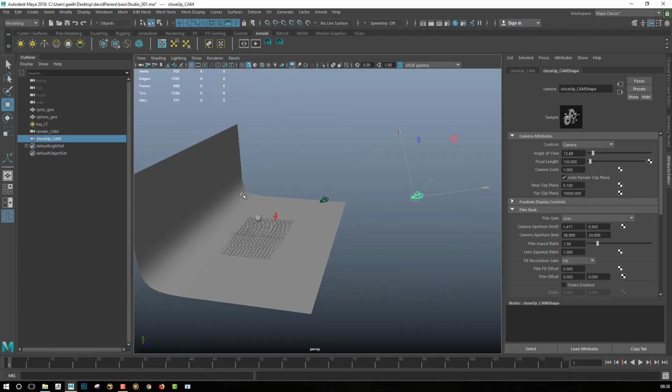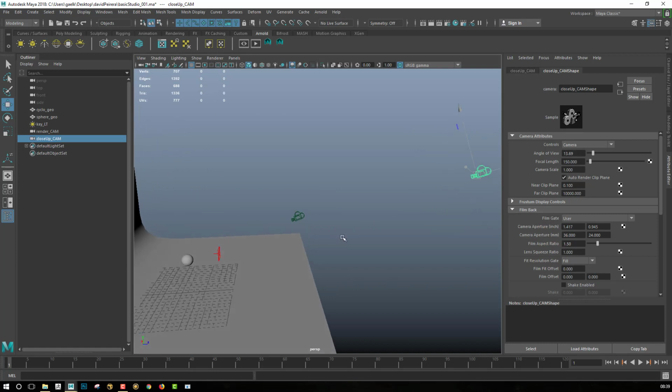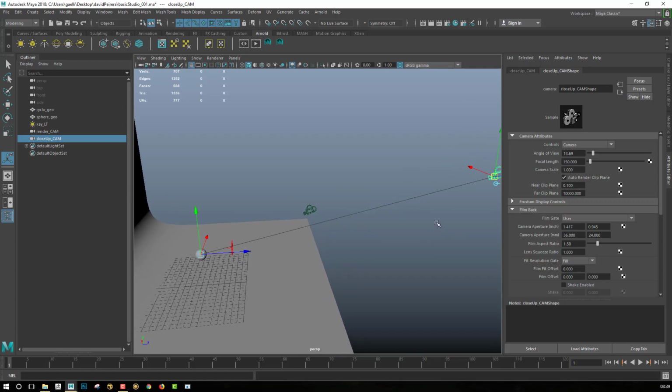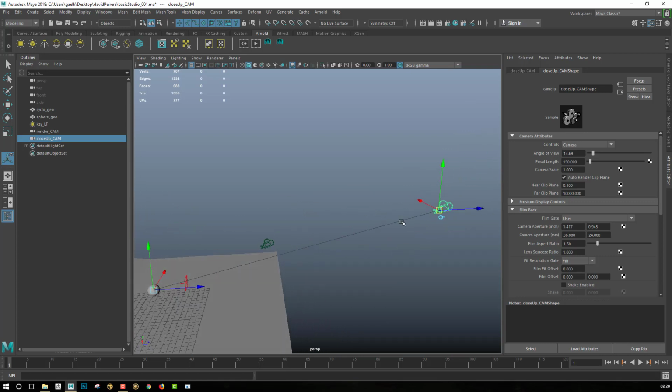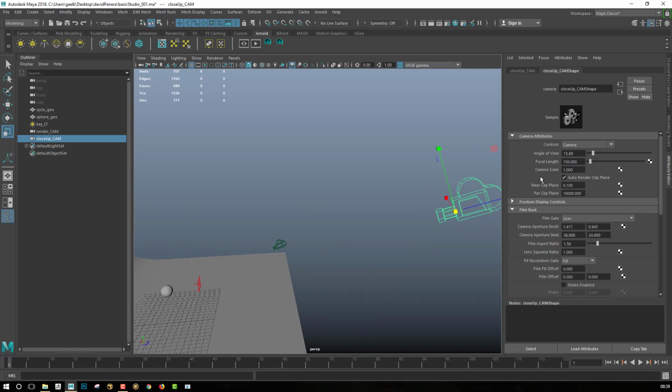I will select also my camera. Something that you may want to do as well, because sometimes when you will be working in the real world scale value, the camera will still be really small like this. But never scale a camera this way, because it will break some of the information in the resolution gate.